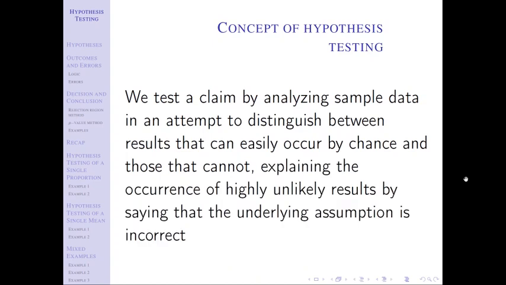And if we say that it probably could not have happened by chance, as in these unlikely results, then we're going to say that my underlying assumption is incorrect. This is the framework of a hypothesis test in a nutshell. We're going to make an initial underlying assumption, and then test that claim to see, could this have happened by chance? And if we say this could not have happened by chance, we're going to come back and say, you know what, that initial assumption I made was probably wrong.